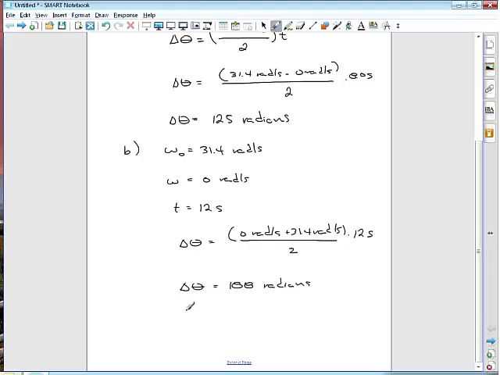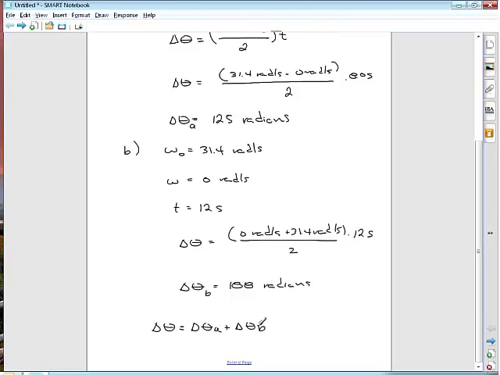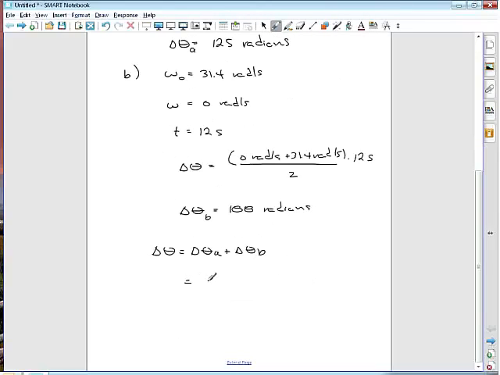And so it's still going in the same direction, so the total is going to be A and B. Let me call this A, and we'll call this B, delta theta A and delta theta B. So the total change is A plus B. And so we have 125 plus 188. Those are both radians. 125 plus 188 is 313 radians,